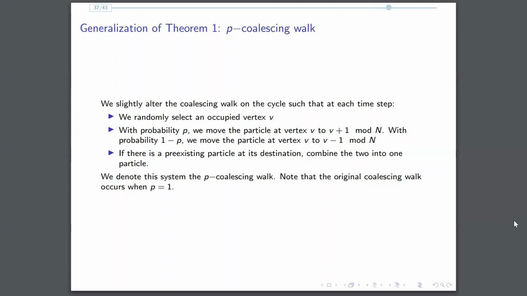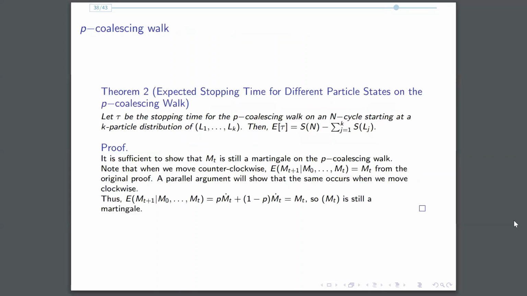We denote the system the p-coalescing walk. Note that the original coalescing walk that we have discussed for most of this presentation occurs when p equals 1. So this is a generalization of our previous coalescing walk. And we would like to prove our main theorem on the p-coalescing walk too. We look at the expected stopping time for different particle states. And then we would like to prove the exact same statement, that the expected value of tau is